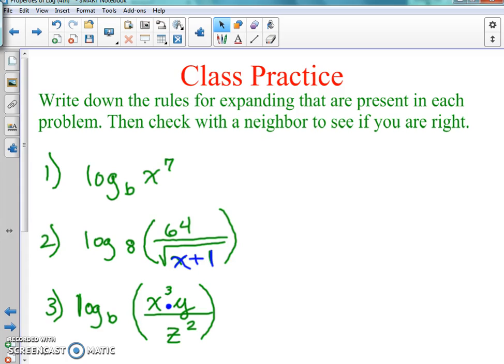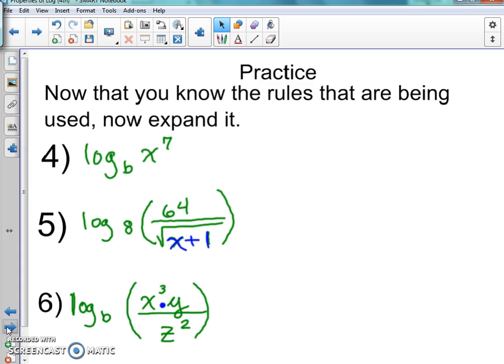And when you are done, go check with your neighbor and see if they have the same thing that you have. If nobody around you is finished by the time you get to this, talk to me, call me over and I will actually come to you and check and see if you did it right or not. Okay, so now that you've worked on that, or after you finish working on that, the next thing is